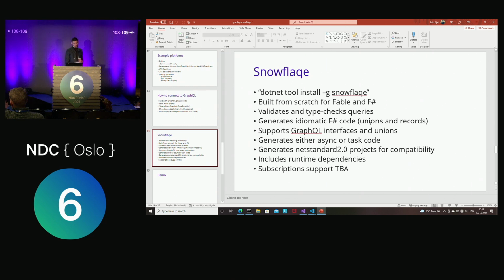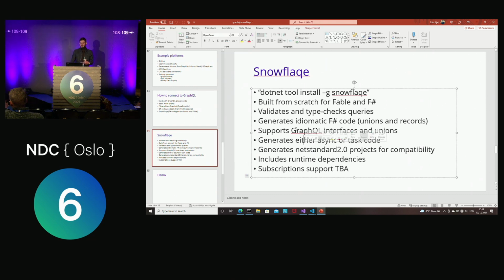It's up to you. It's made for F# and Fable, and it does a lot with queries. I'll show you in a bit. And the nice thing about it is that it does generate records and unions, and you need those when you map the types from GraphQL to F#. It also